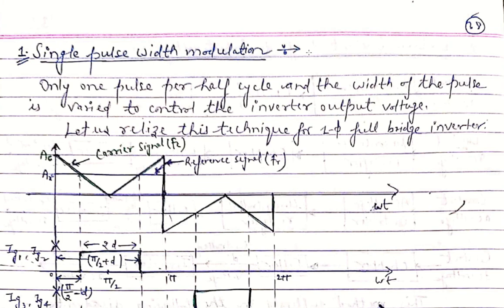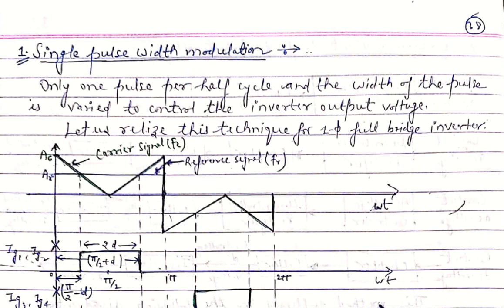But the problem with that is the number of stages is increasing, and the switching losses are much higher. So we will not use external techniques, and also the external techniques have the disadvantage that they produce harmonics at the output side of our AC voltage waveform. So we will now discuss some internal control strategies in which we apply the control technique within the inverter itself. Thus we can reduce the number of stages as well as switching harmonics.